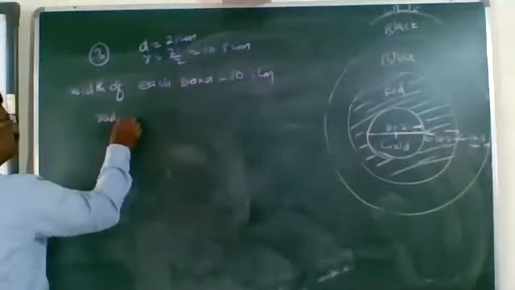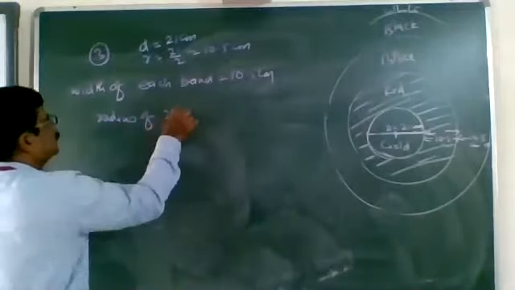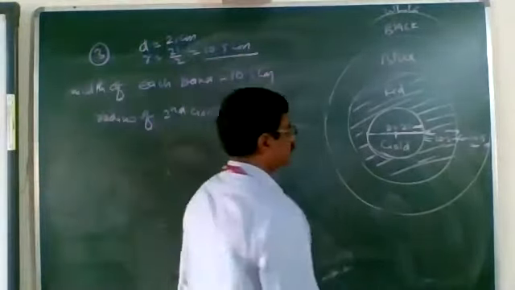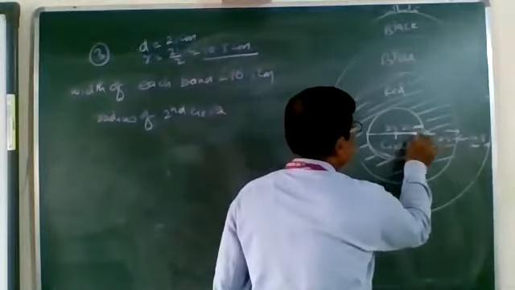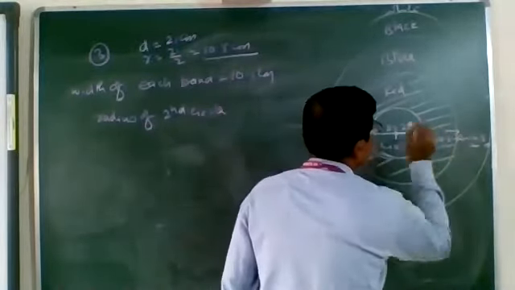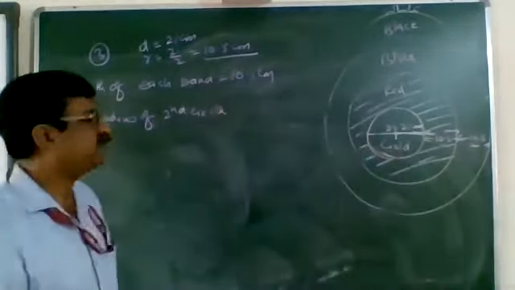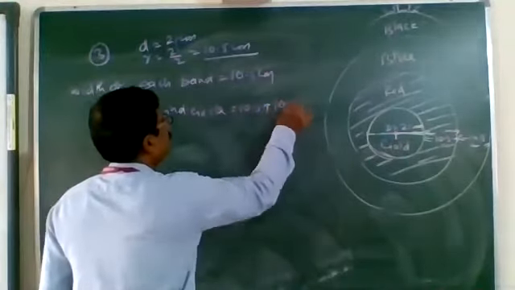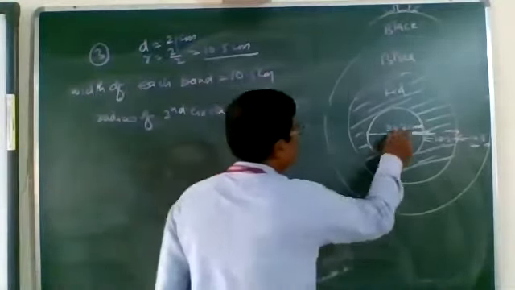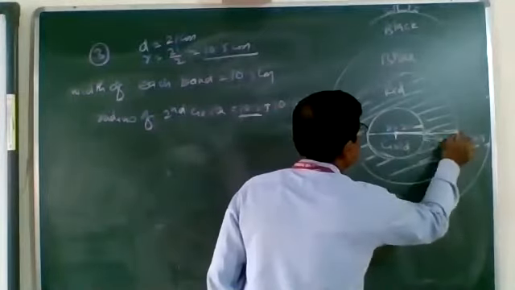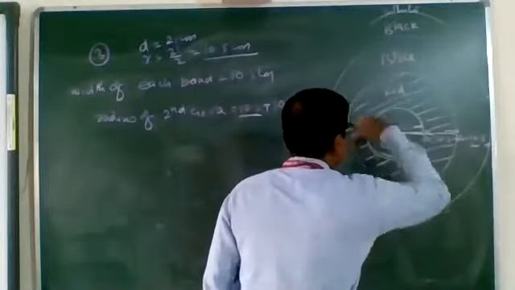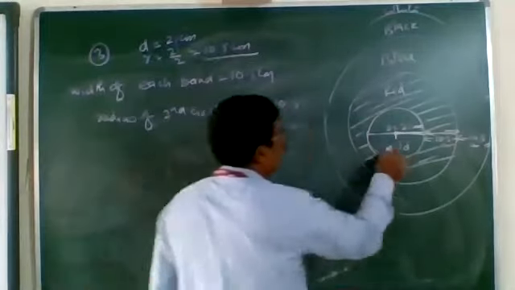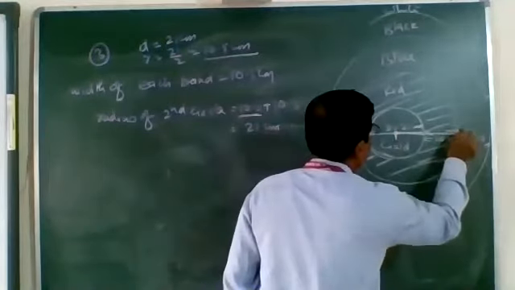Radius of the second circle. The first circle's radius we already got, 10.5. Second circle here we got 10.5 and this width is 10.5. And 10.5 plus 10.5 is, this is the radius of the first, smaller circle, plus this is the width of the red band. This is 21 centimeter. That means from here to here we got 21 centimeter.